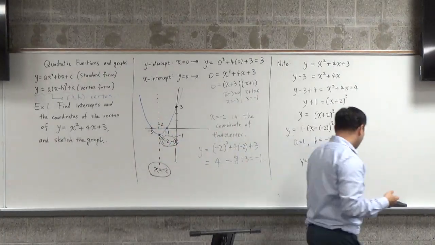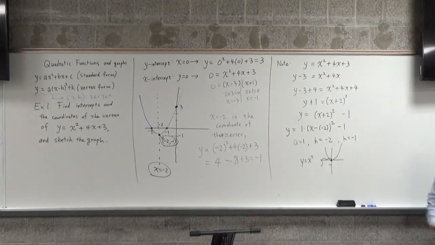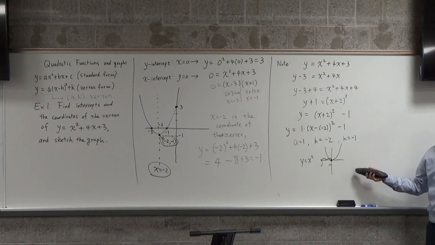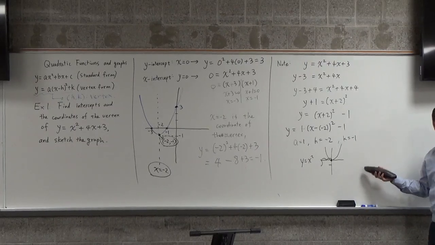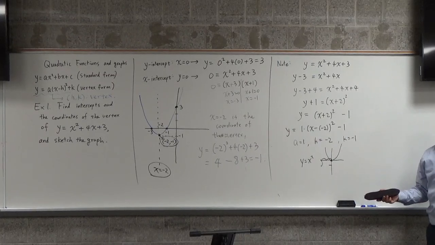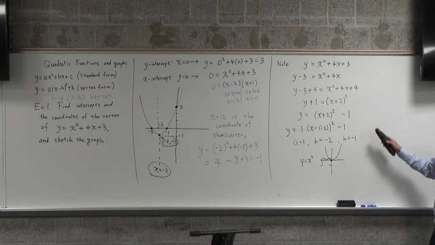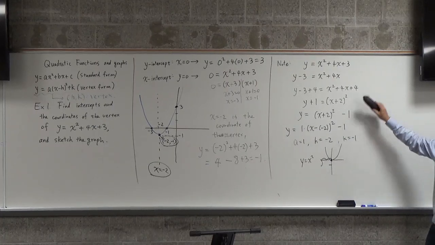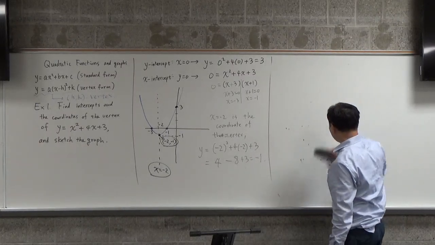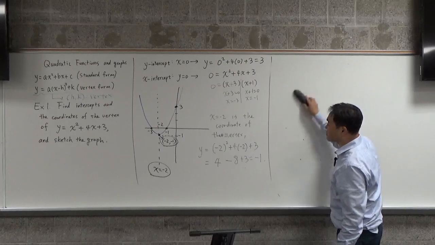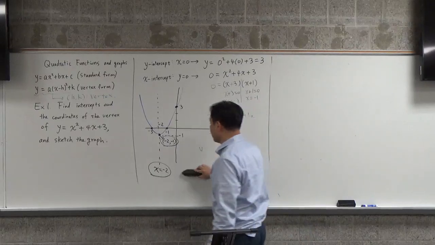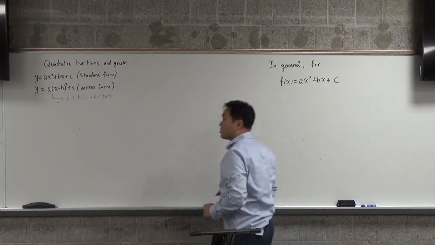And now, usually completing a square is hard. Don't you agree? Yeah? Who thinks completing a square is really easy? You think so? You think it's easy? Okay. Who thinks it's really hard? It's kind of annoying and hard, right? So what we're going to do is we're not going to use completing the square, but instead we will always try to use this method of finding the midpoint of the x-intercepts. For this function,